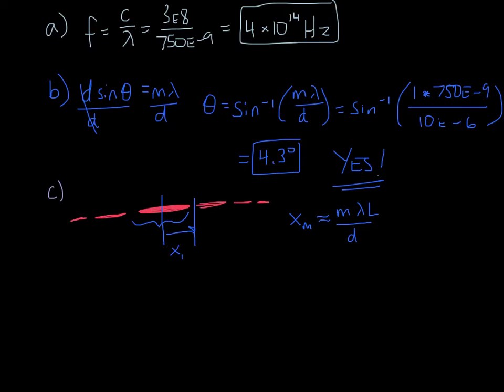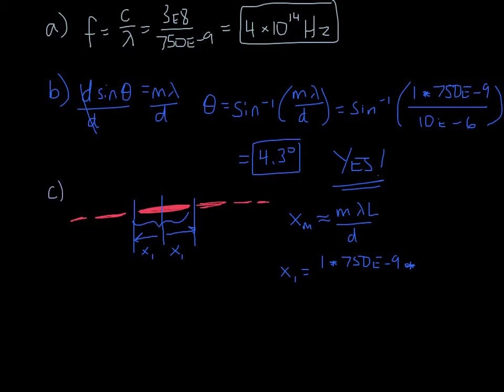So to get the width of this whole central maximum, you just take that number and double it, because it's going to be an x1 distance on either side. So the distance to the first dark spot on either side would cover the whole central maximum. So let's go ahead and plug in some numbers. So x1 is going to be equal to 1 times the 750 times 10 to the negative 9 times the L, that is the distance to the screen,